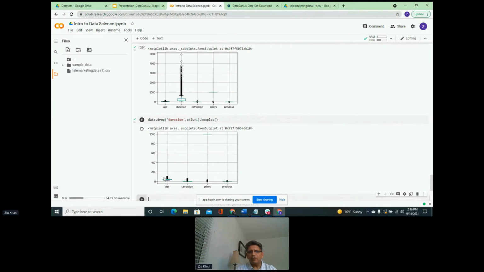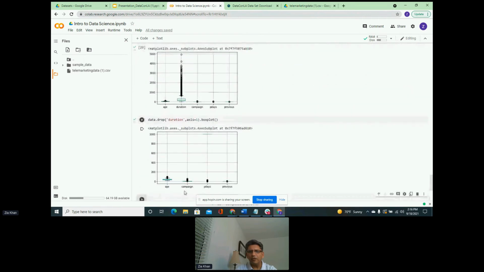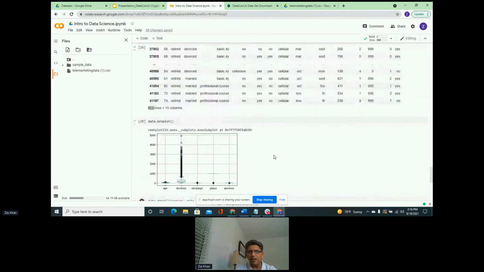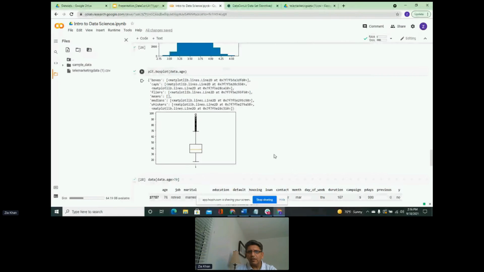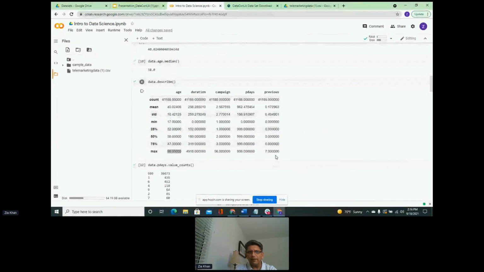So now the box plot looks a little bit better than what we had earlier, because we have taken those values out. But there are some values here still that have some bigger numbers, and that's messing the graph up. So let's see which one has higher values. Let's go back to our describe.